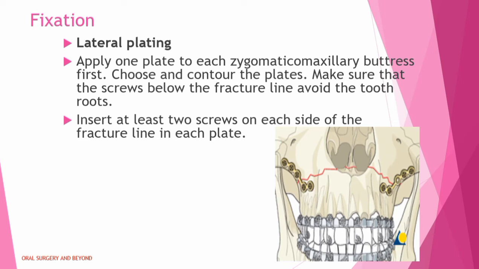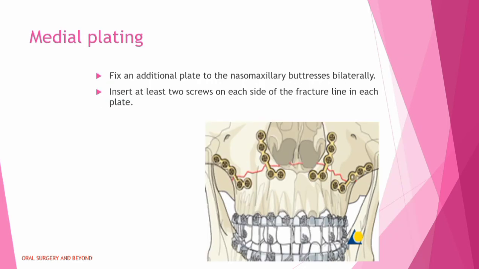In Le Fort 1 fracture, we have to place titanium plates or L-shaped plates, or 3 hole with gap, or 6 hole with gap, or 2 hole with gap, according to the vertical length of the maxilla. We have to stabilize the maxilla at both the ends. Here 2 L-shaped plates, 3 holes on the superior part and 2 holes at the inferior part, are placed on both the sides. Sometimes we need to fix an additional plate to the nasomaxillary buttresses region if gapping is present after the posterior plate is fixed.